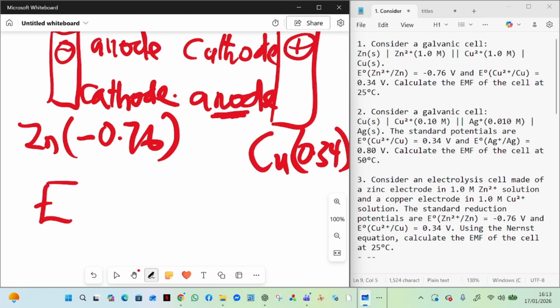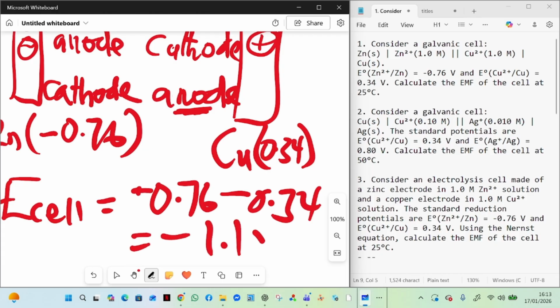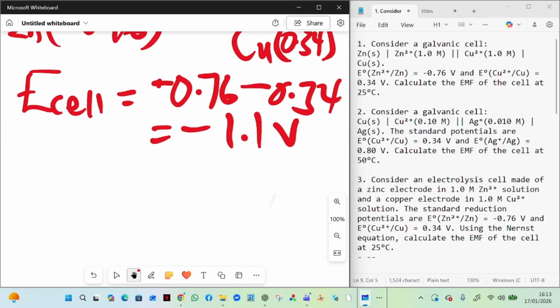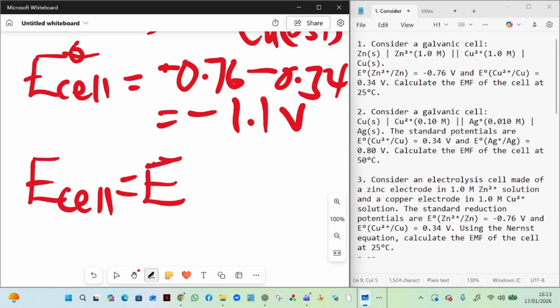So the cell EMF should be equal to the right side, which is zinc, minus the anode, or the left side, which is copper. And this gives us minus 1.1 volts. Just the first question was positive 1.1. The third question is minus 1.1. And E cell again should be equal to E naught cell